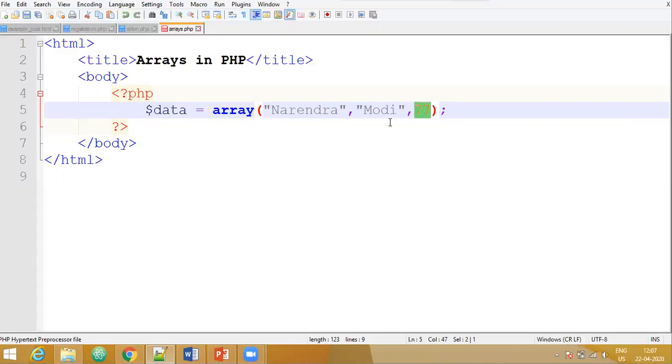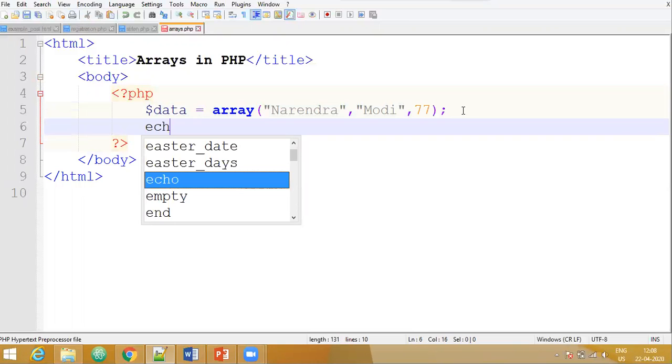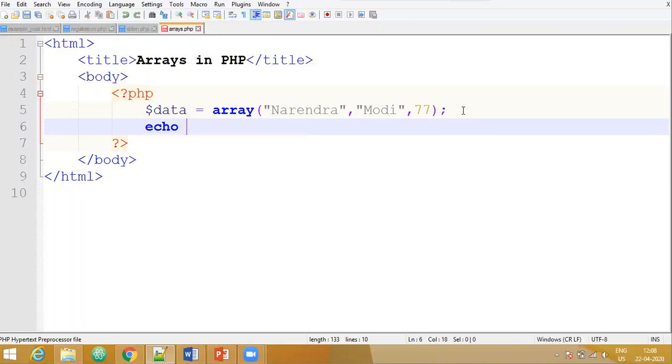Now an array in PHP can hold more than one type of values inside a single variable. So as you can see here, $data is a variable array which is holding three types of values. Now let us echo this statement and check the output.